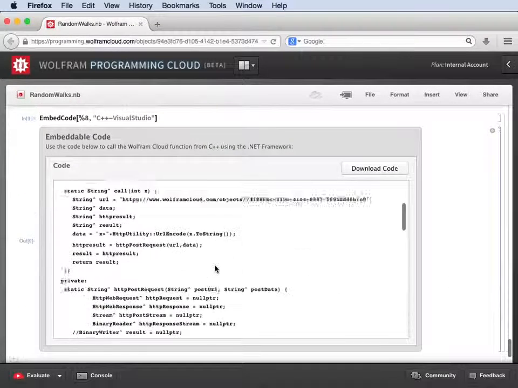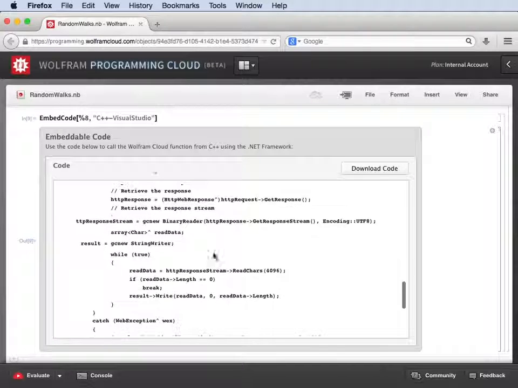Lots of languages are supported, such as C, Python, and Visual Basic, and the same function can be used to generate HTML frames for embedding the Manipulate that we saw earlier into web pages. These two tools free the Wolfram Language from the confines of the desktop. You can develop and collaborate using cloud-based files, using Mathematica Online, and then instantly deploy to websites or web services using the Wolfram Programming Cloud.